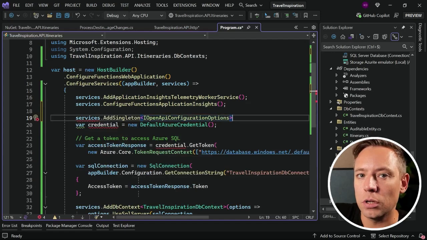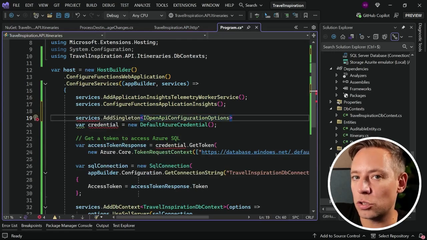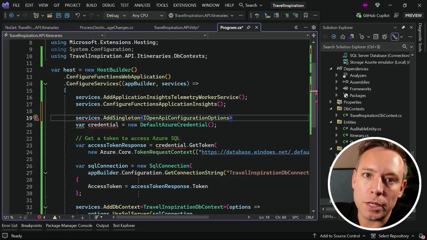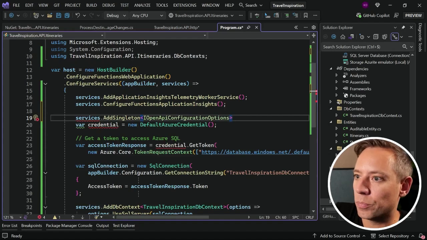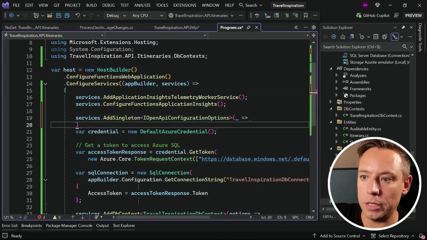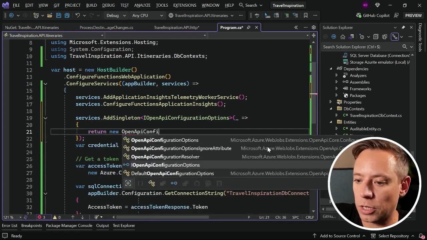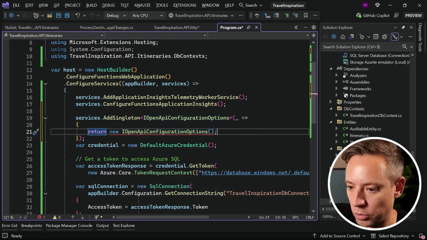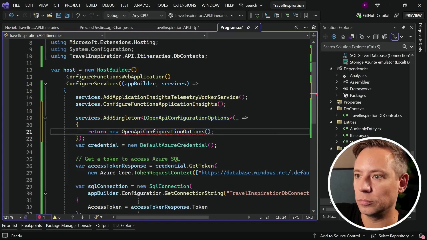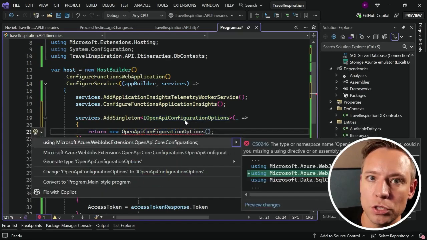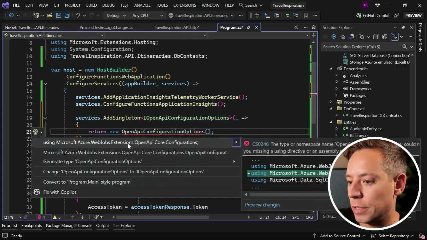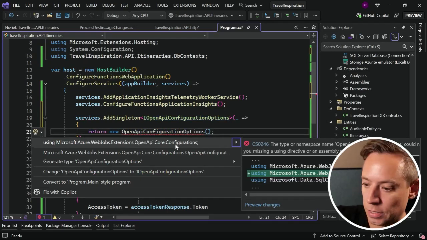Essentially, like that, the code that ensures that the Swagger definition can be generated will pick up these options and read from them to create the Swagger definition file. What we want to create here and return is something of type OpenApiConfigurationOptions. That's defined in the workspace you see on screen now, so let's import that